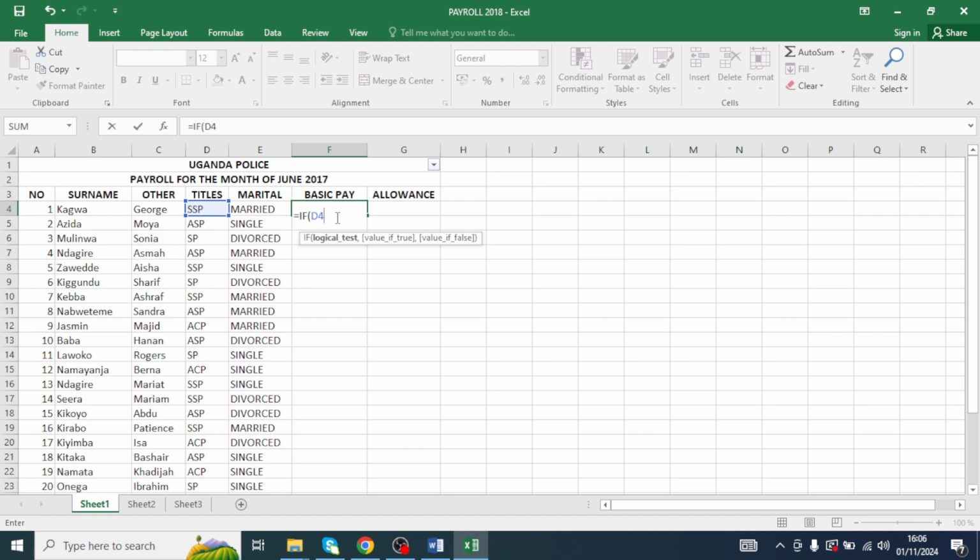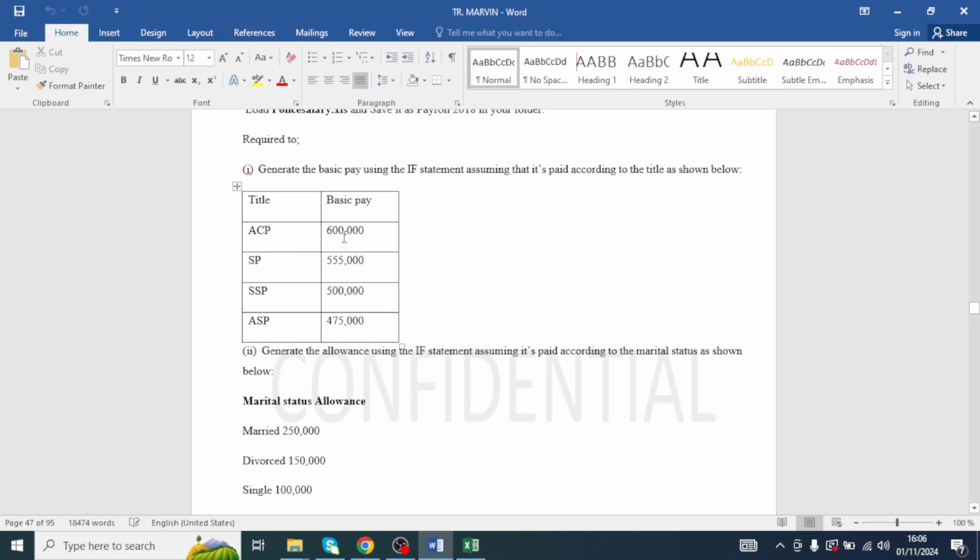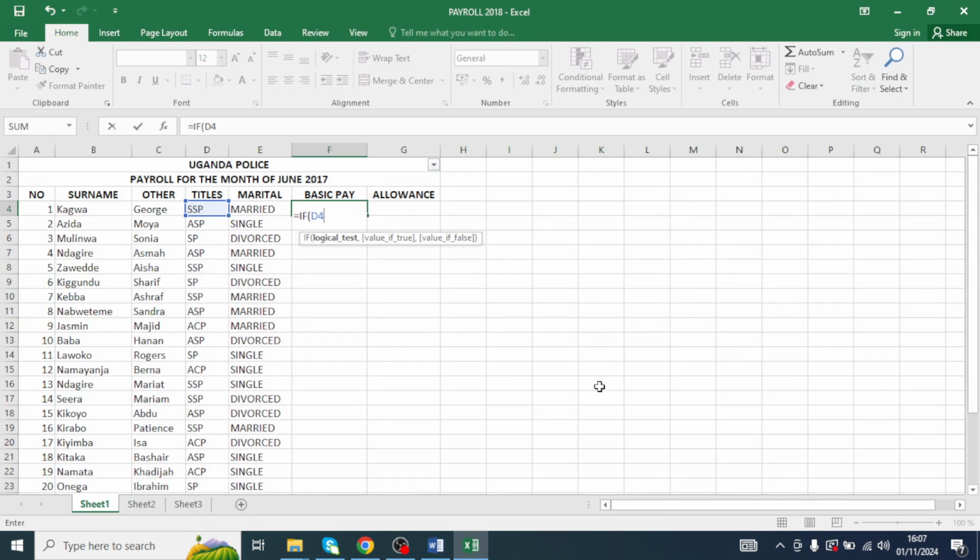I'm like, yes, if you go to D4 and find a title this, you give them a salary this, a basic pay this. So of course I'm going to base on this table. I may not open Word because I'm already copying this question from somewhere else, but I'm going to be basing on this table to generate the basic pay of people, or of policemen. Okay, equals if D4, if D4 is equal to,